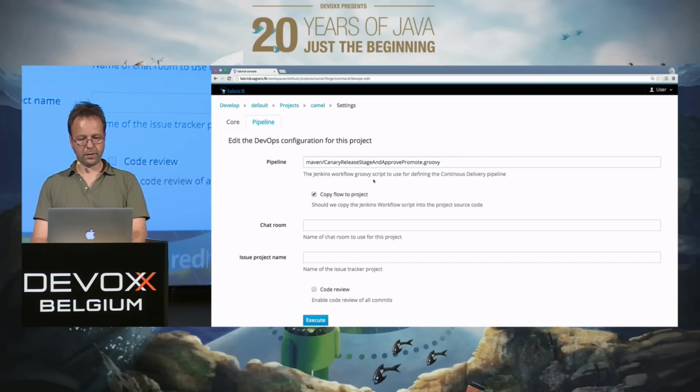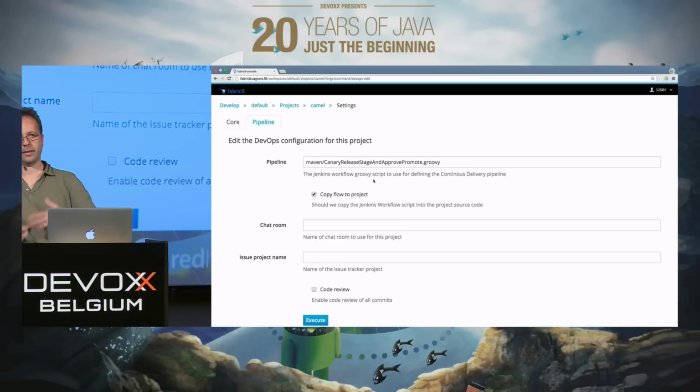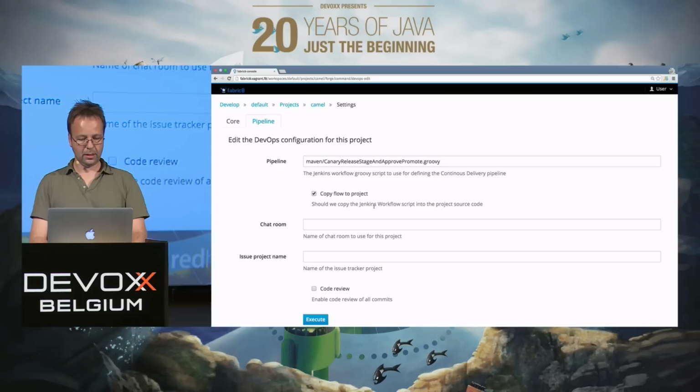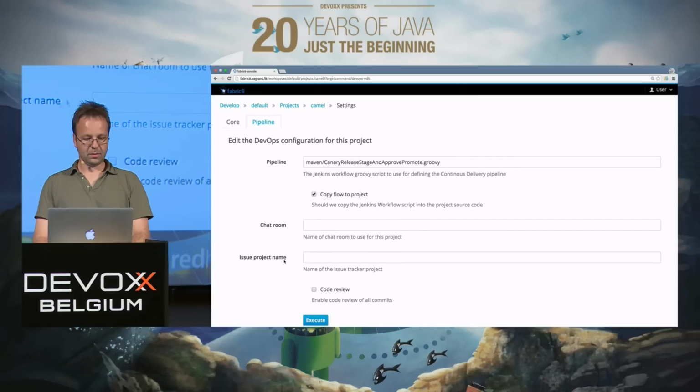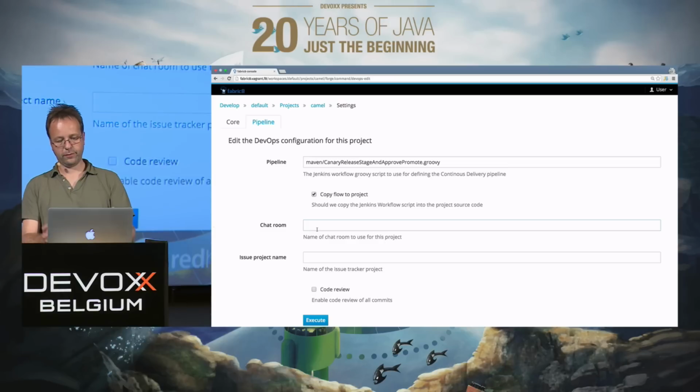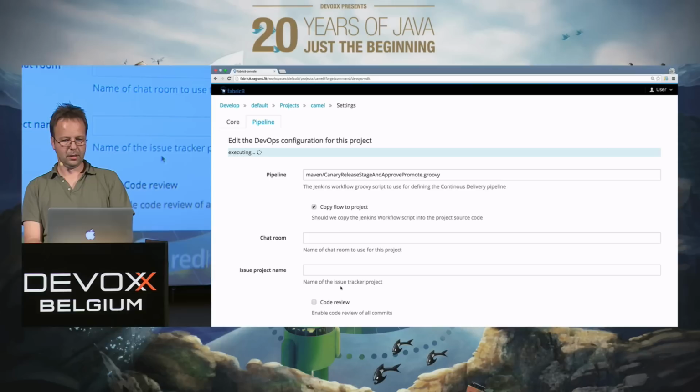You can copy over this Groovy script directly into the project and adapt it to your needs, if you like. You could add here some chat rooms, a connection to a chat room for example for human approvals, or you could connect an issue tracker, or there's also a connection to Gerrit for code review.